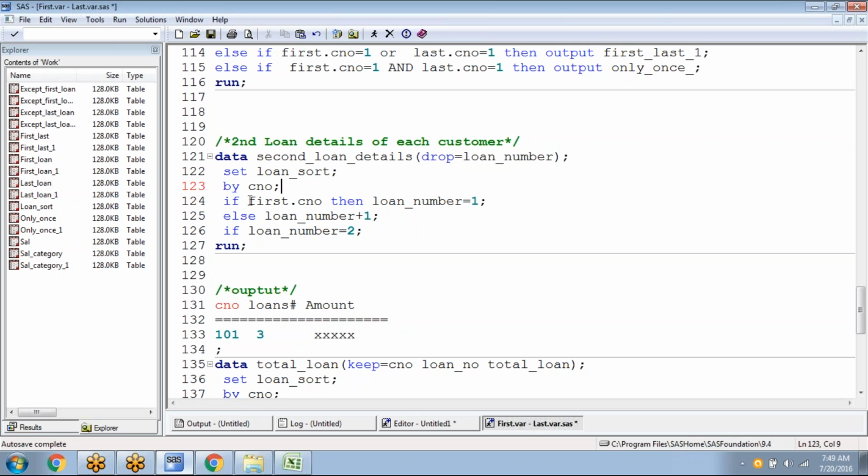And see here what I am trying to do: if first dot customer number, and this condition is true. When I say if first dot customer number, it means first dot customer number equals 1. This is optional. Even if you ignore equals 1, that's fine. SAS will treat it as first dot customer number equals 1. And if this condition is true,